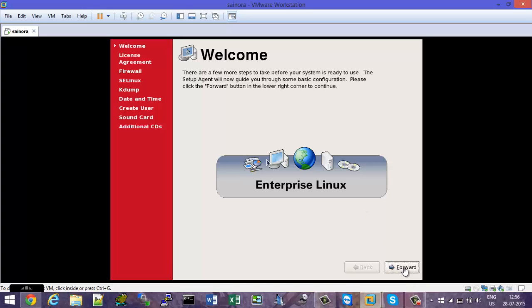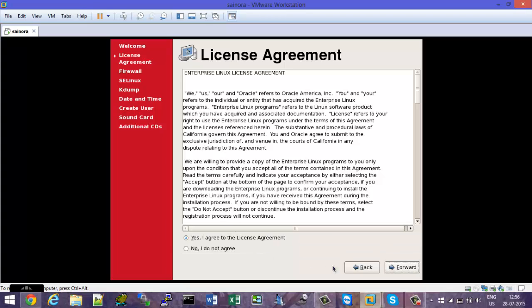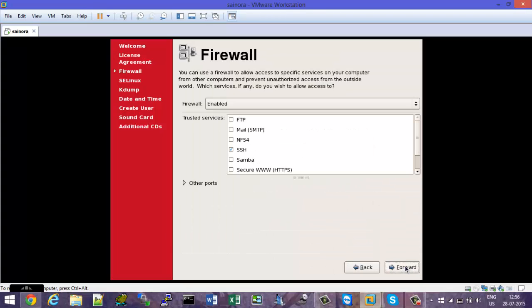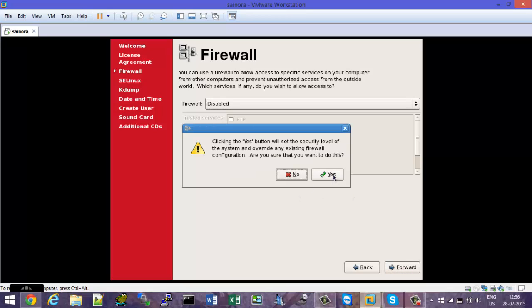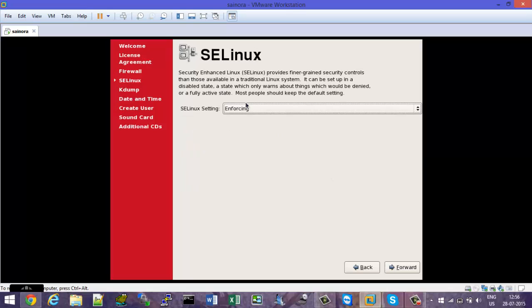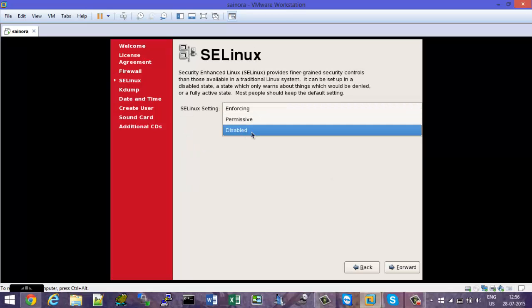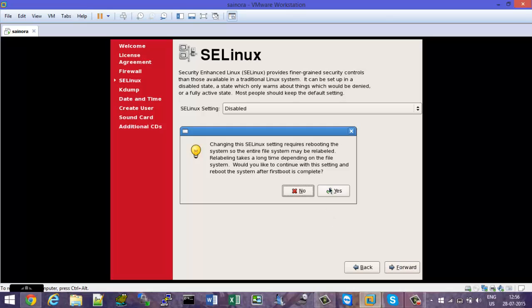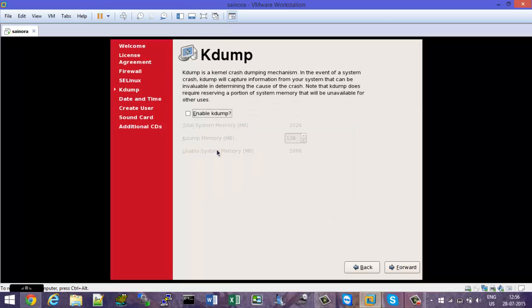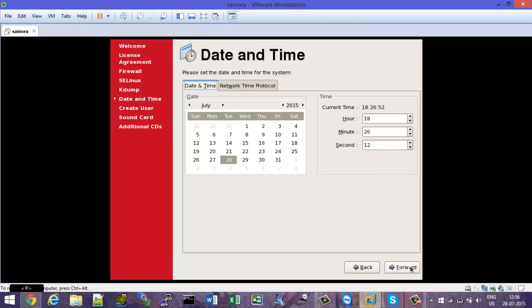So I'm clicking on forward, and we need to accept the license. Forward, and in order to install the Oracle, we need to disable the firewalls. Disable, click on next and click on yes, and SELinux disable, yes, and KDump is not required, so leave it. Just click on next,